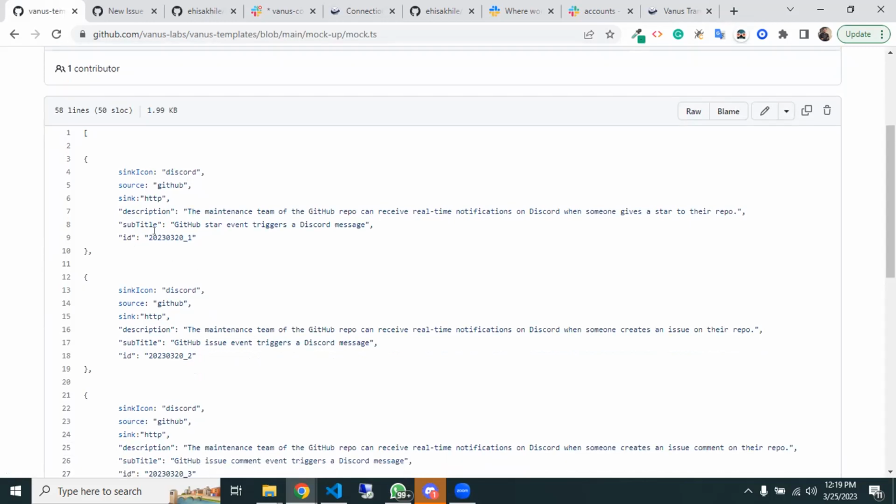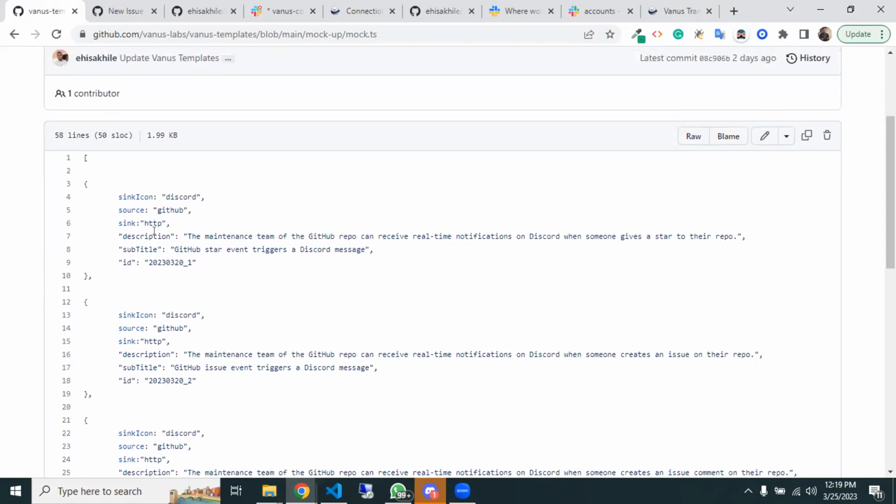So how would you know the metadata for each event? It's through the ID. Remember, we give every template we create a unique ID, right? So we pass the ID for every mockup we create. So the mockup is more like the metadata, the description, the subtitle of our